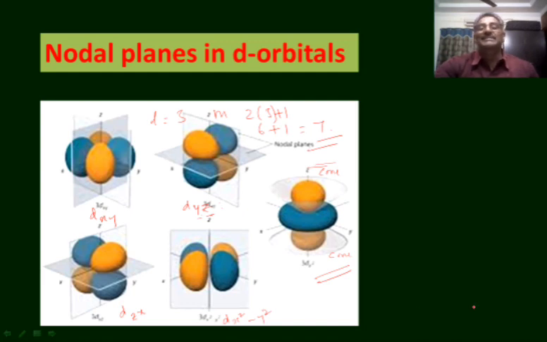That means these 7 orbitals in a main energy level are the degenerate orbitals. The 3 p orbitals in a main energy level are degenerate orbitals. The 5 d orbitals in a main energy level are degenerate orbitals, and in the same way the 7 f orbitals in the main energy level are also degenerate orbitals. The shapes of f orbitals will be learnt in higher classes.